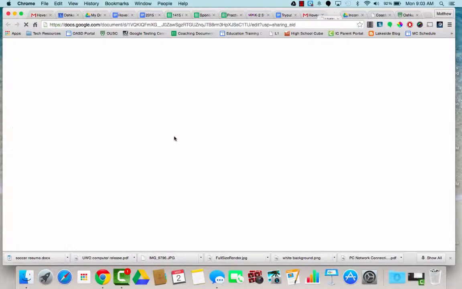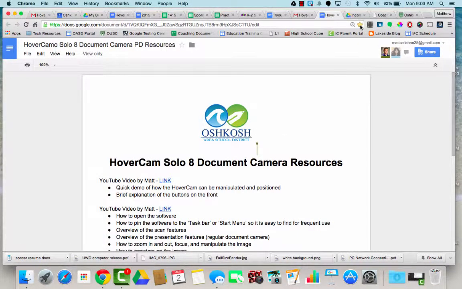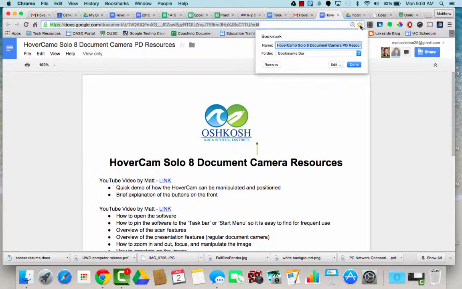Here I'm going to click on the document title and then that opens up the document. Now essentially Google Documents are one-page websites. So what I could do, and I've already done it here with this one, is click on this little star, and that adds this Google Doc as a bookmark favorite, just like I could do with any other website. And I can pick here to add it to my bookmarks bar.